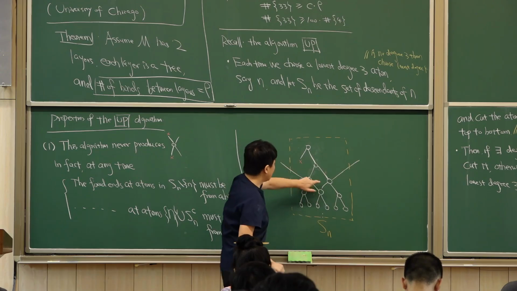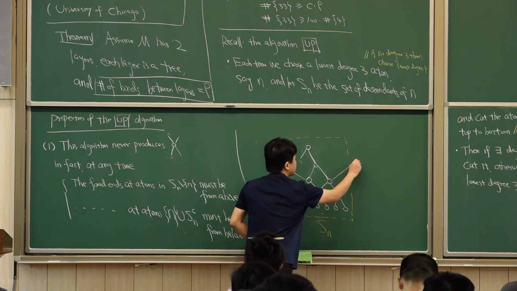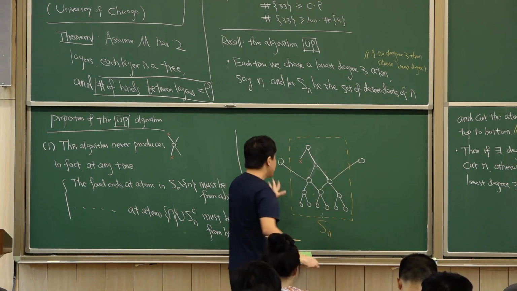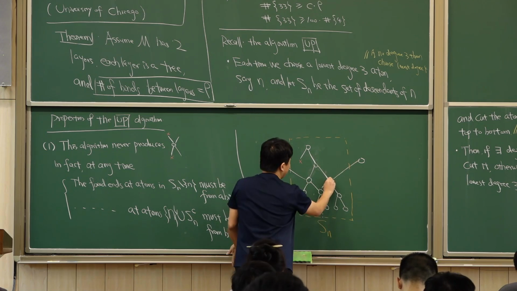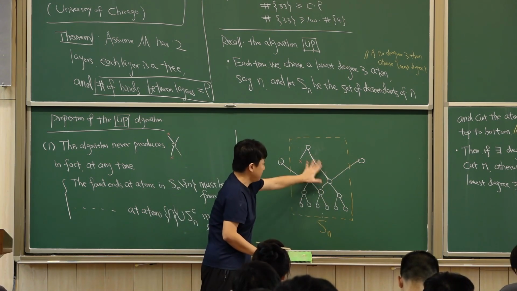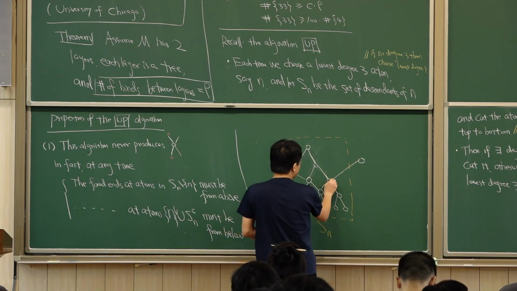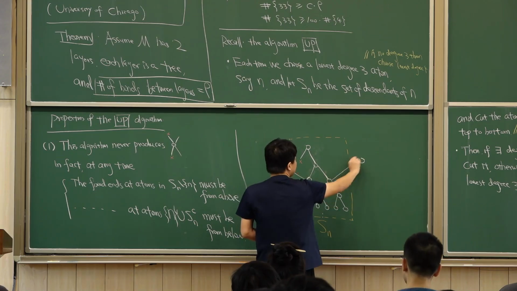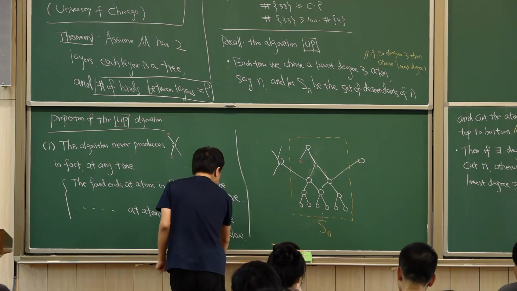edges connecting the atoms in Sn to the atoms outside of Sn. There is an atom here. There's an atom here. But then these edges must be going up if you view from this point in Sn, because the child of Sn is still in Sn. By definition, Sn is the descendants. So if it's connected to something outside of Sn, it must be the parent. And then you may have other parent, other child. Doesn't matter. The thing is that